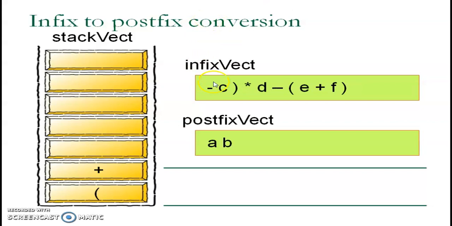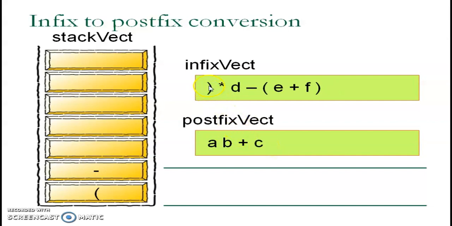Minus. Now see this. This is having a higher precedence operator here. The topmost element is plus, whereas the coming element is minus. I cannot put minus over plus, because plus is having higher precedence and minus is having lower precedence. So we can't put minus over plus in this stack. In this situation, we have to pop this plus from here to the postfix string, and then we can push this minus into the stack. So it is here, plus is out and minus is in this stack. The next symbol is c, which is an operand, which goes directly to the postfix string.